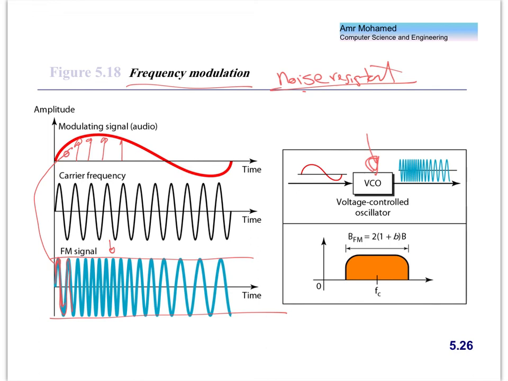Why? Because the frequency of the composite signal is proportional to the amplitude of the input signal. So as the amplitude of this input signal gets very high, the frequency gets very high. And when the amplitude gets low, the frequency gets low. You will ask me, what about a signal at infinity? We cannot have infinity, of course. At the sender side, we have to clip the signal, we have to control that.